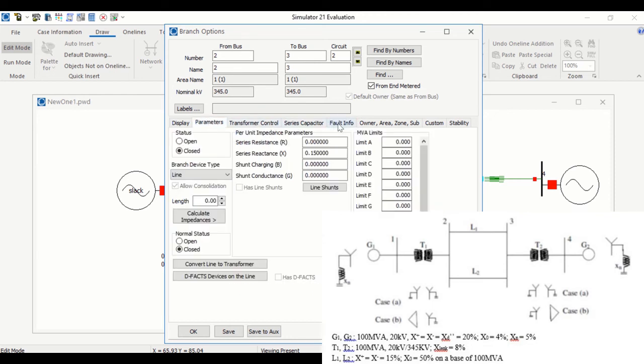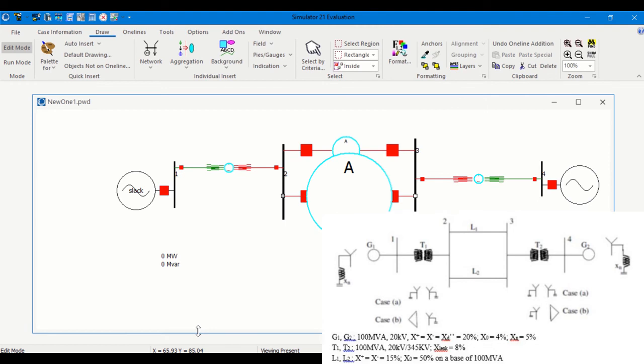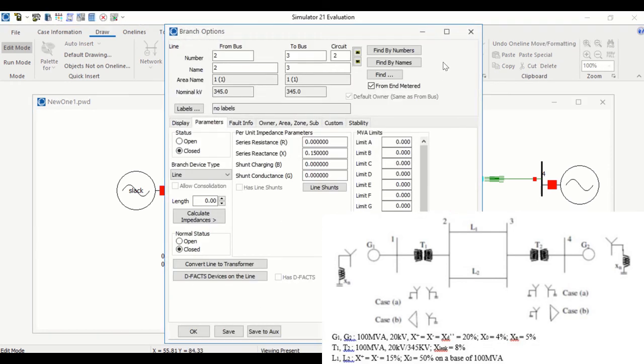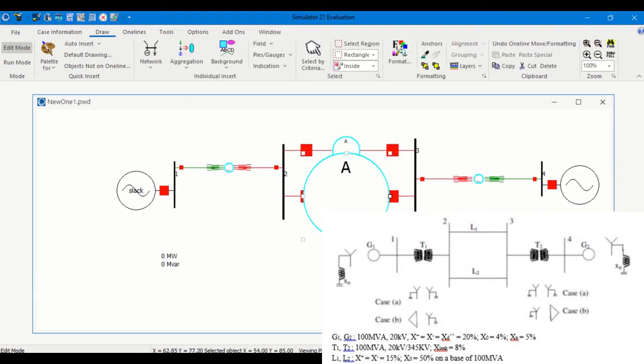So just verify and then click OK. And again the meter looks big, so let me resize it. So now we have the entire power system which is given in the problem.